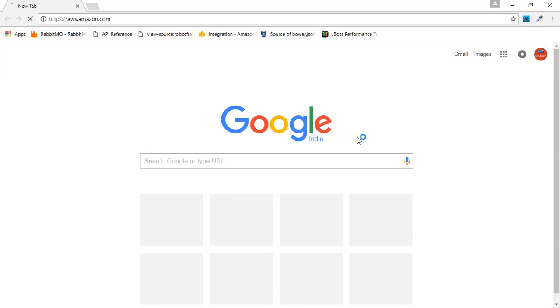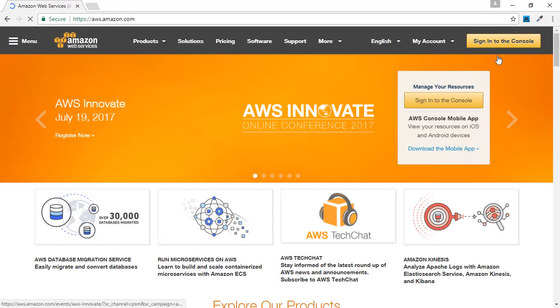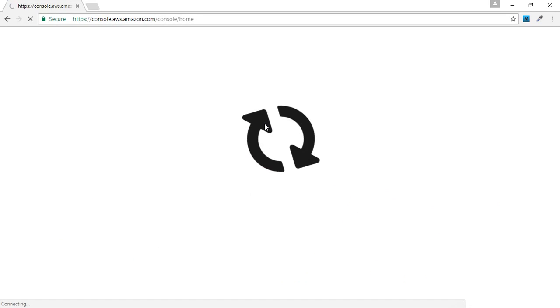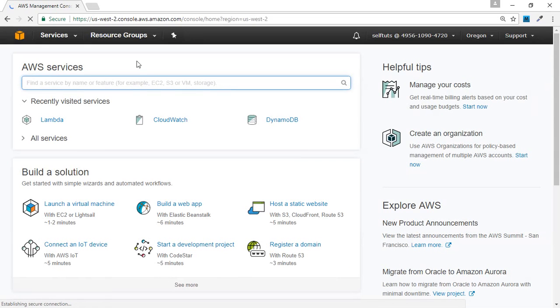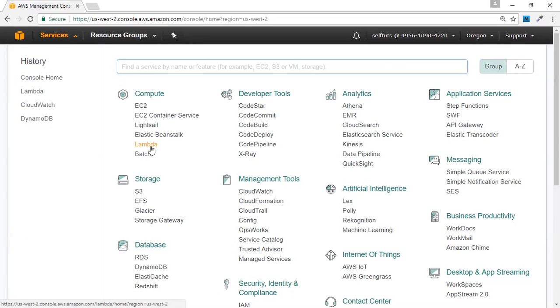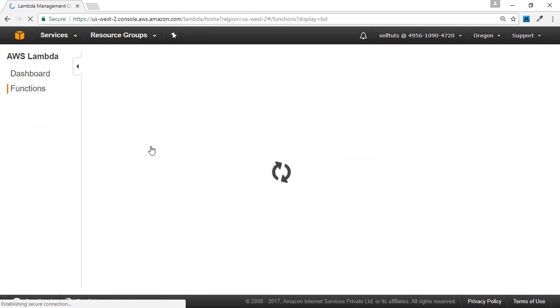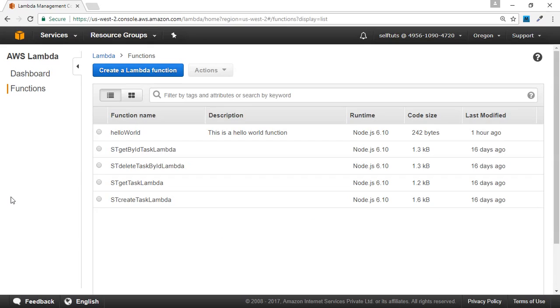So we'll go to our AWS console, and I have already created an account. If you need to view the web console for Lambda function, you need to create an account in Amazon Web Services. I've already created it and logged in. I'll go to my AWS web console. Inside the Services tab, I'll see the Lambda service and click on it, and this gives me the interface for Lambda functions. These are the functions that we created earlier.